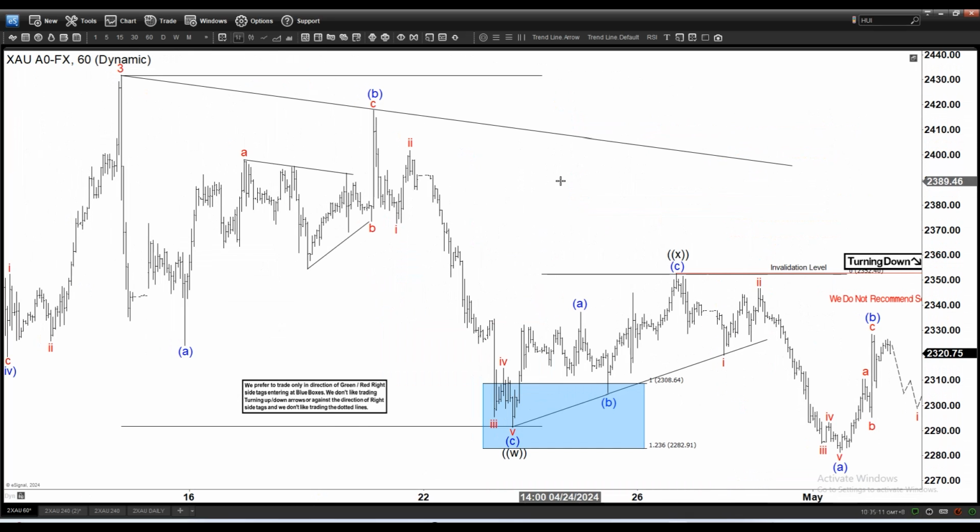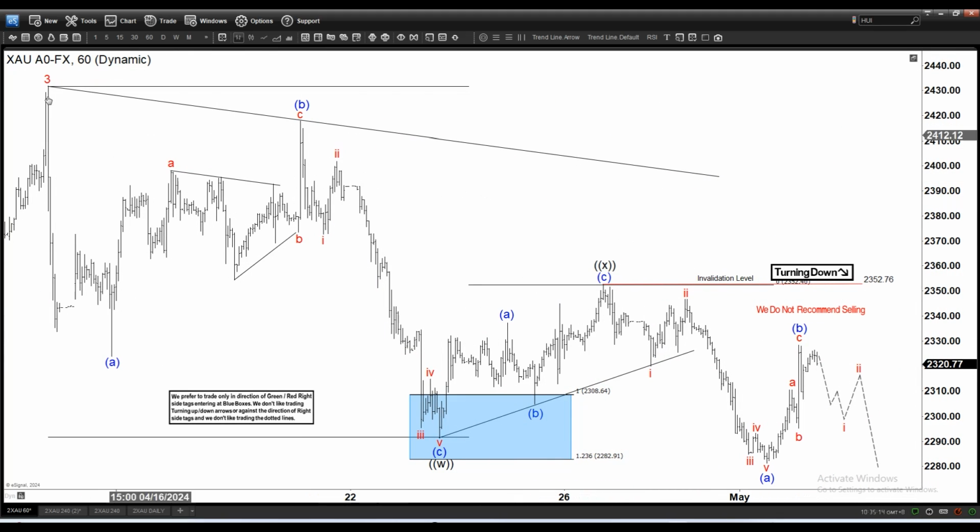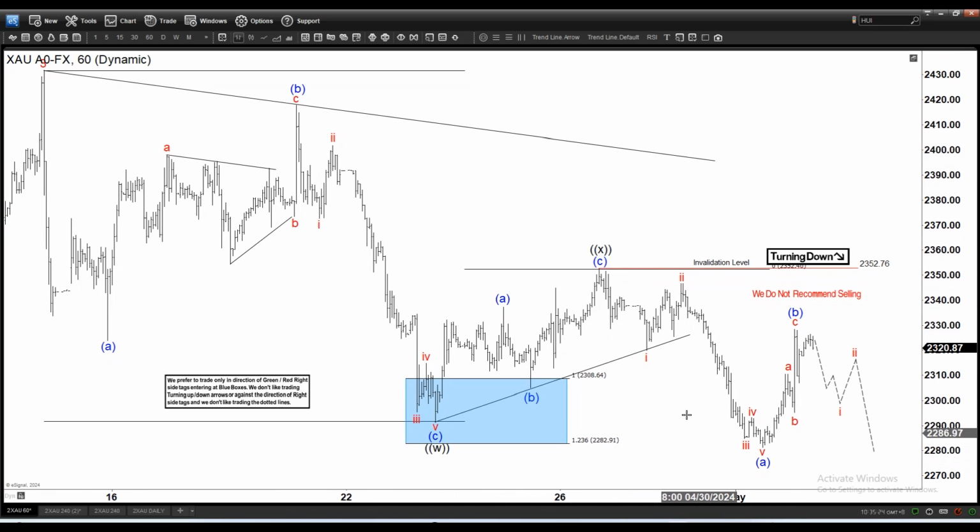The other possible structure here is that because this is a 5 swing, it has an overlap, this one and this one, you can call it a diagonal. So you can call this 1, 2, 3, 4, 5 diagonal. Again, a lot of people always ask why wave 1 and wave 4 overlap. That's fine in a diagonal. And then 1, 2, 3, 4, 5 ending with A here, right? And then you're going to be getting a B leg higher. Now I don't think this is big enough to be a B leg, but let's say if it continues to rally from here, right? If it continues to rally, then